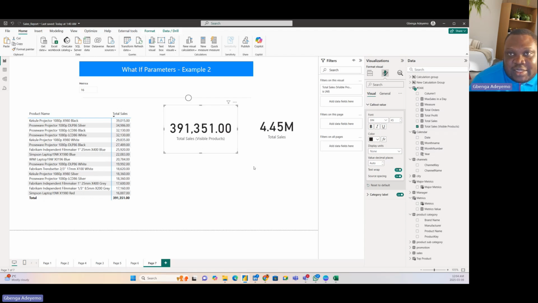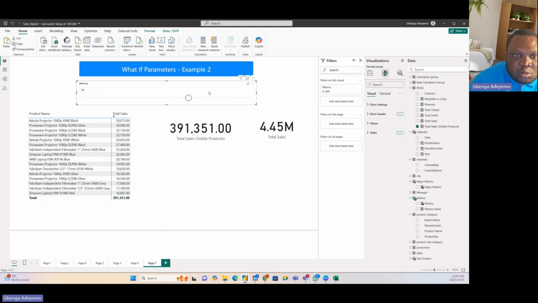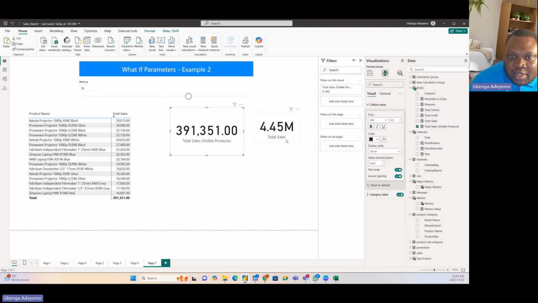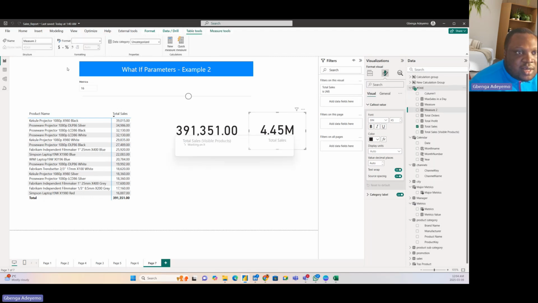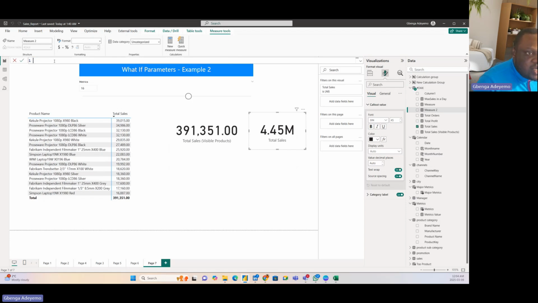Now, another interesting thing that I want to do before I end this video is to show you how you can use your measure to write a statement. So how do I do that? I'm going to come here and click on new measure, and this is my new measure now. Let me give it any name. Let me call it explain. I'll say explain equals to,